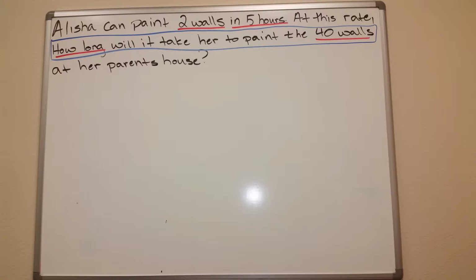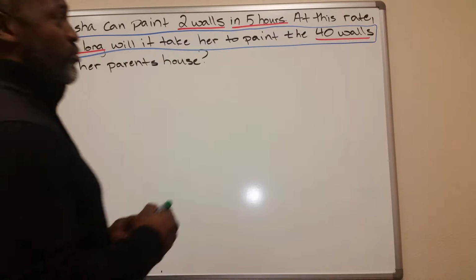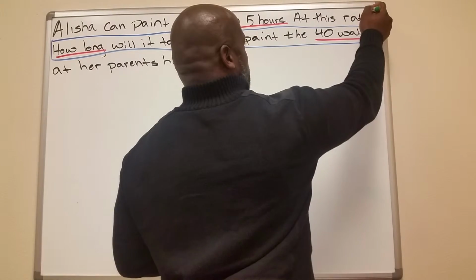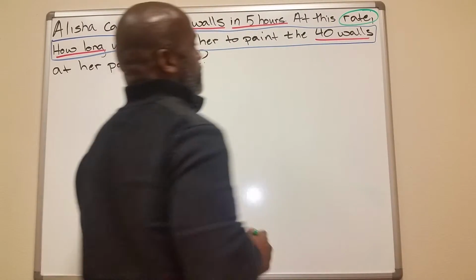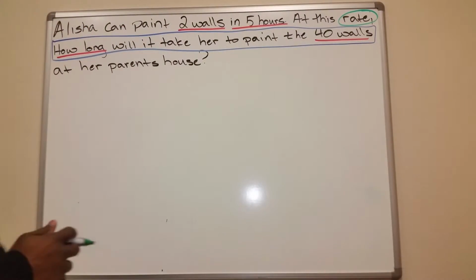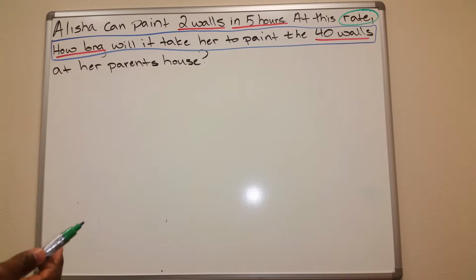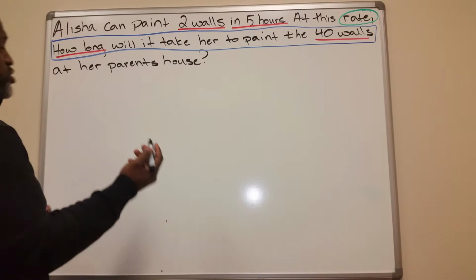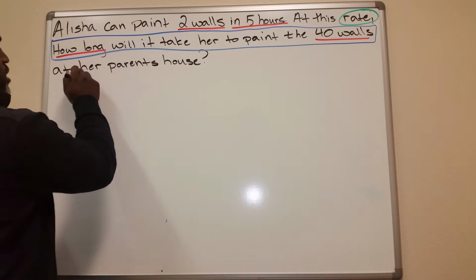The C, we need to circle the vocabulary word. Circle a word that we don't know or that is particular to this unit. And this unit happens to be rate. This is a word that we've discussed before, but it's something that's going to help us solve this problem, I believe. The K, there's really nothing that we need to knock out, and I'm out of colors, but if we're going to knock something out that isn't hugely important, it doesn't matter that